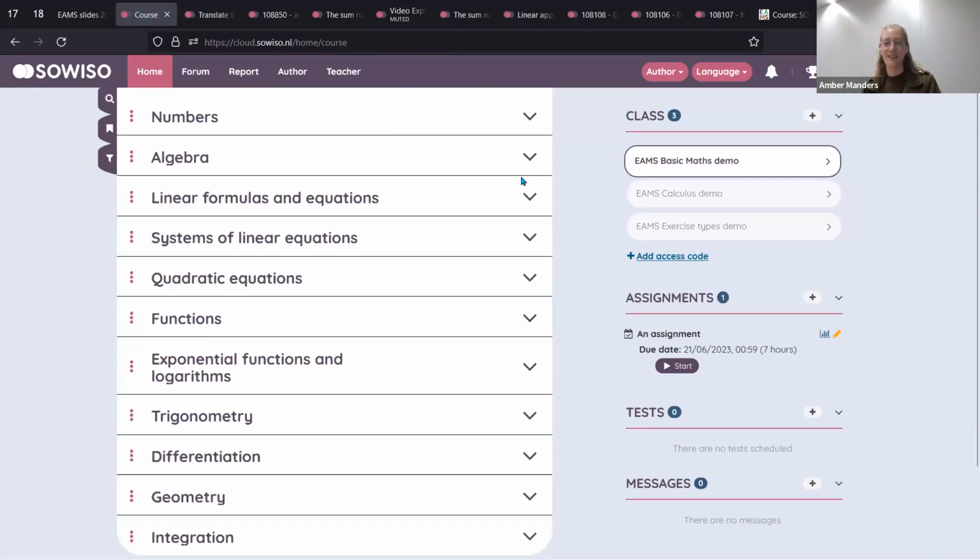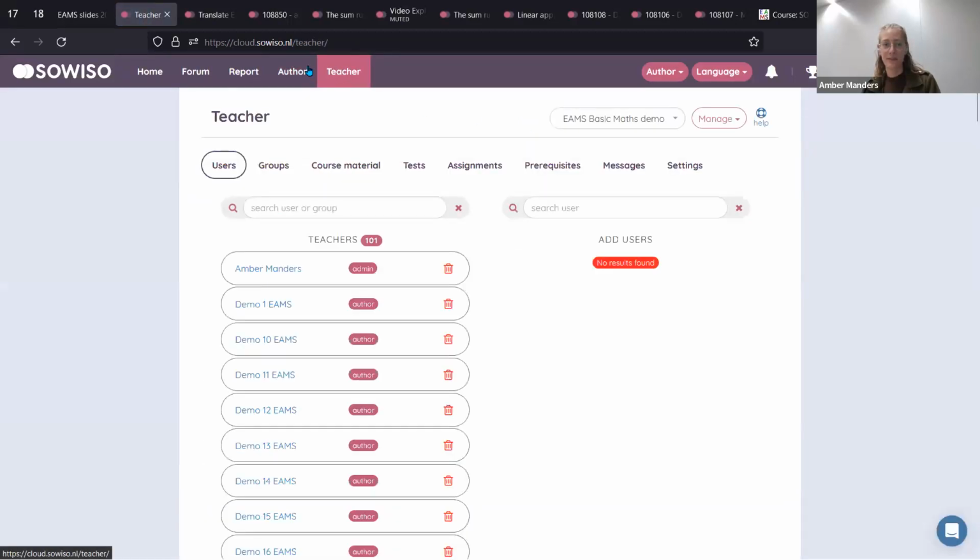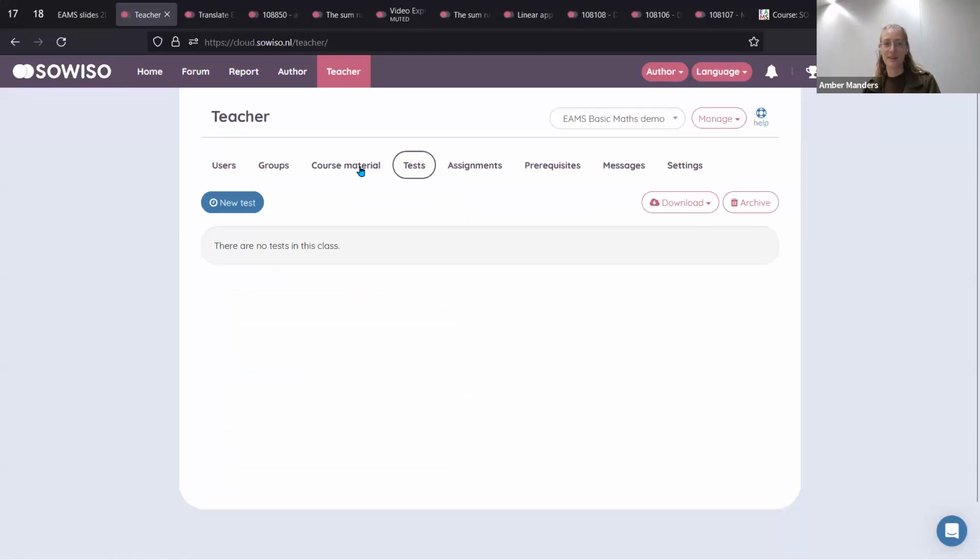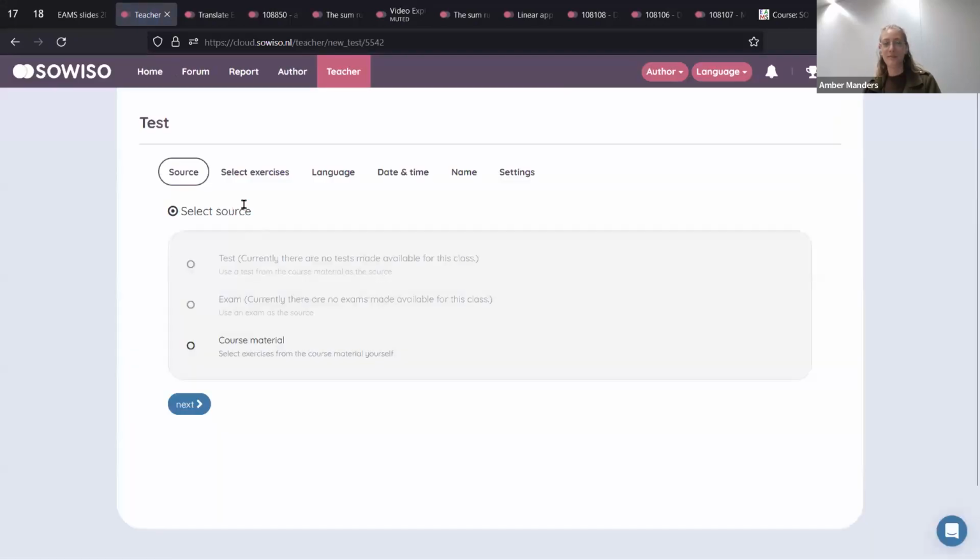So to make a test and to change these settings, we can go to the teacher and then click on tests. And we can schedule a new test or make a new test. What we have to do first is select where the test exercises come from. If you choose course material, you can choose exercises from the course material in your test.